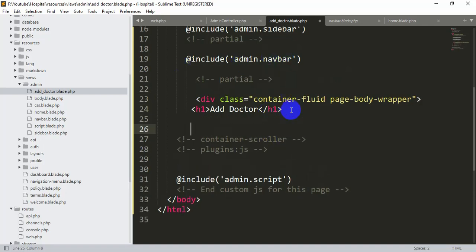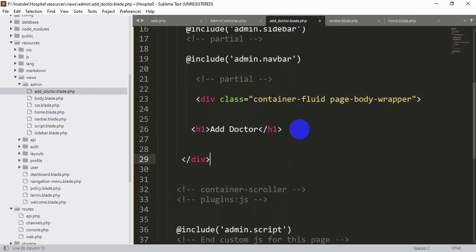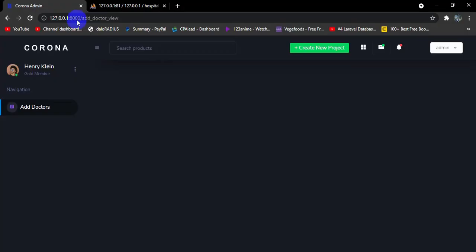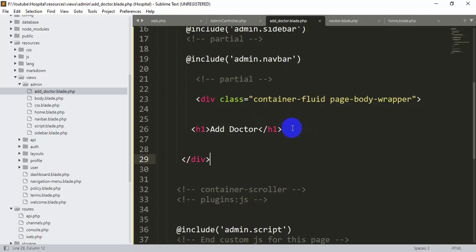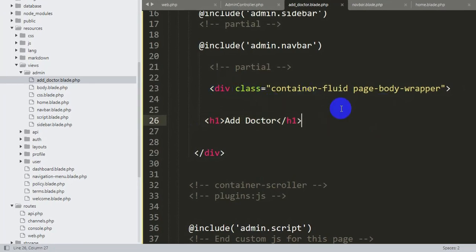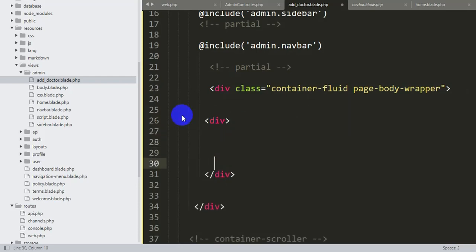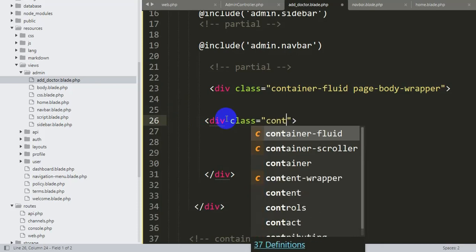So if we just give this div over here, and if we save it now, and if we refresh, you will be able to see the add doctor over here. You can see at the top add doctor. So whatever design you want to make, you have to write everything in this div. So let me just have another div over here, and inside this div I'm just going to say class is equal to container,